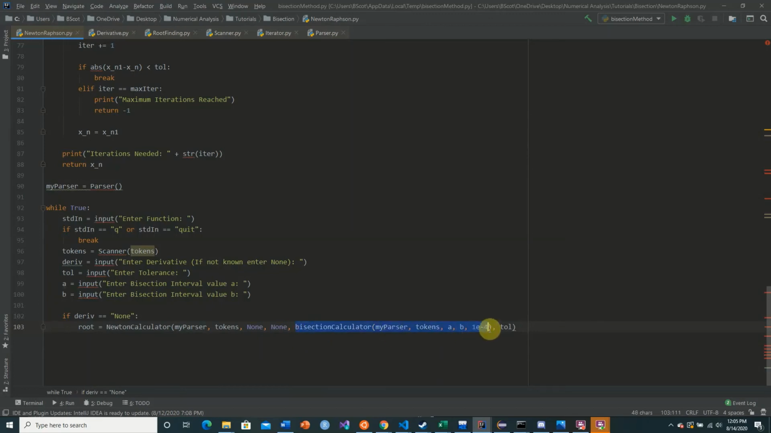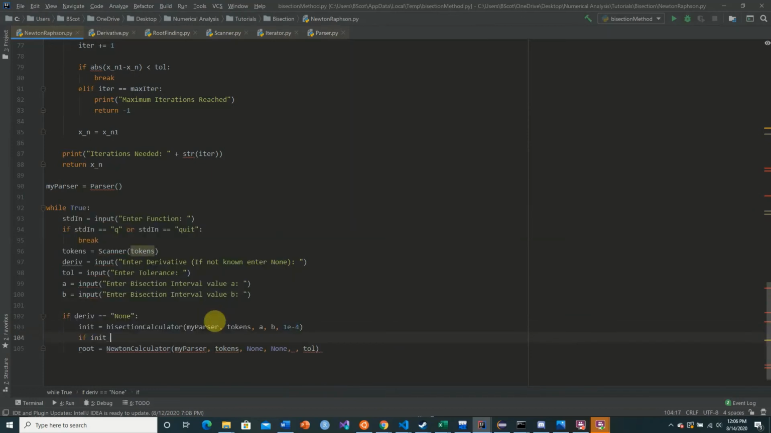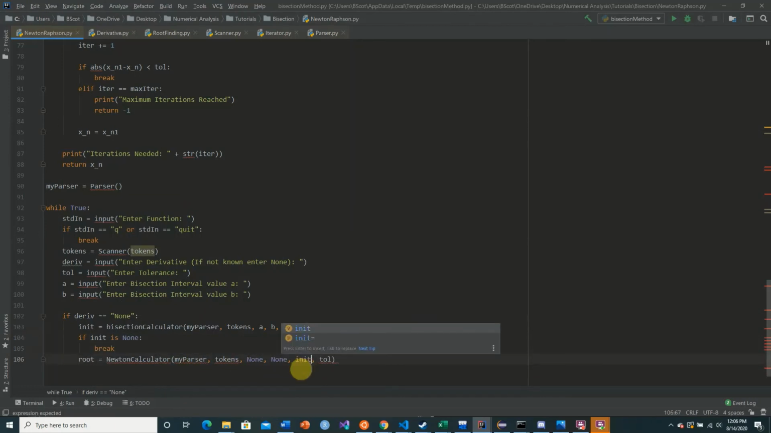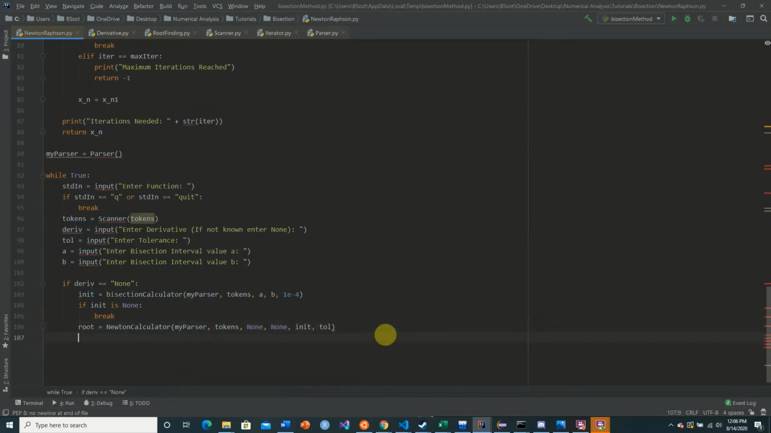What I'm actually going to do is extract this, and we're going to say init is equal to this value. I'm going to say if init is none, then we break. Else, we're going to pass in our init value. Like I said before, if our interval is not appropriate for the bisection method, instead of feeding in a false initial value, we're just going to break out. Now let's say